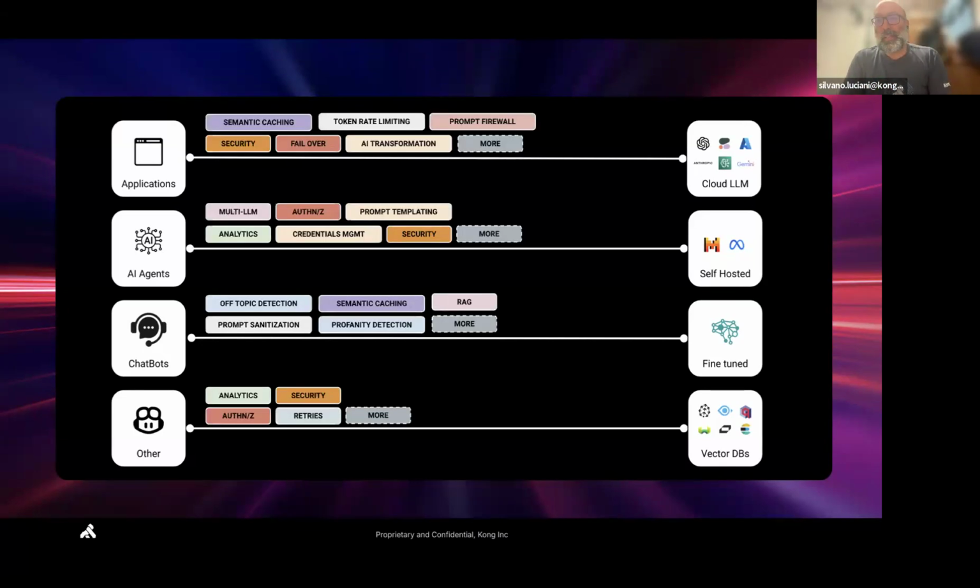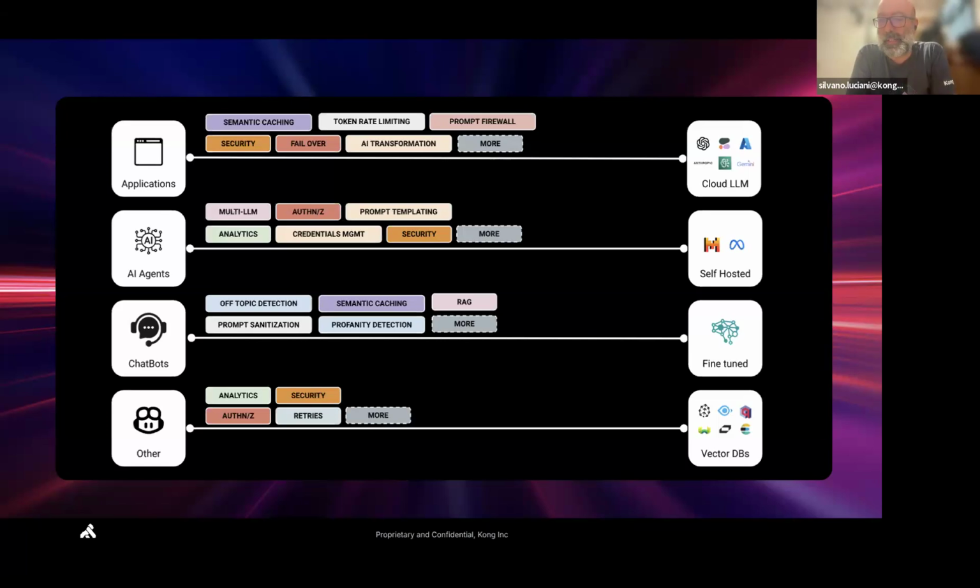Now, if we look at what all these different use cases need when they talk to all these APIs, basically, because all of them are APIs, there are different use cases, but a lot of them are really repeated across. There's the need for some sort of transformation. There's the need for limiting how many tokens are sent to the LLM providers. If you tried using AI, you know that it's powerful. It's not really cheap, and the more tokens you send, the more you pay.